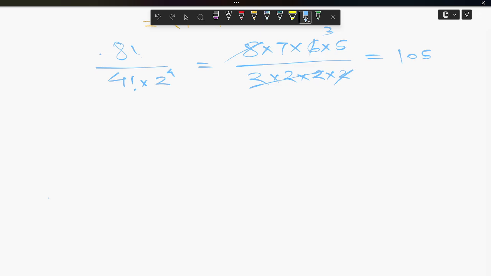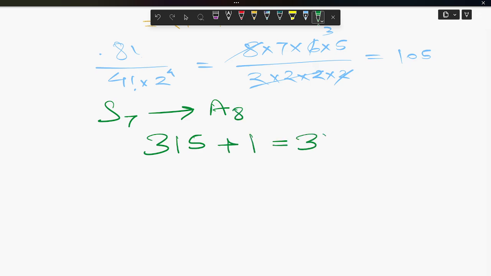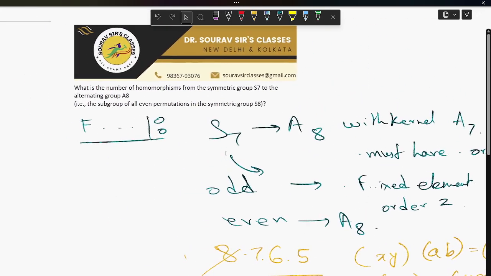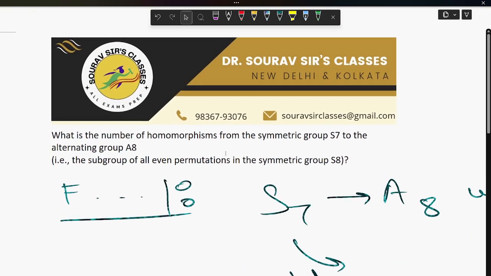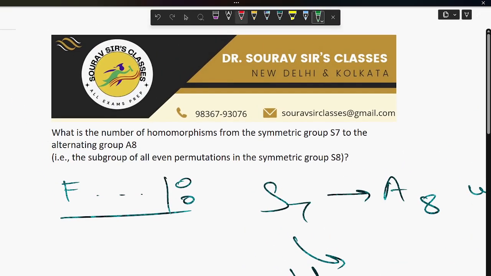So we conclude that there are 315 non-trivial homomorphisms from A7 to A8, and adding the trivial one, we get a total of 316 homomorphisms. So the correct answer to this question, which asks for the number of homomorphisms from the symmetric group S7 to the alternating group A8, is